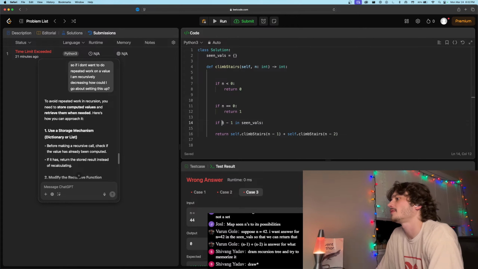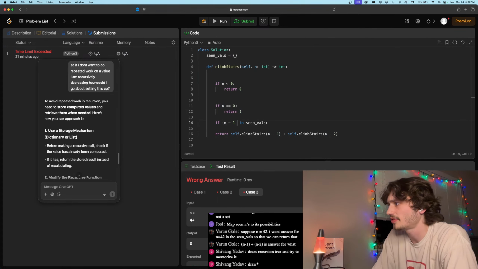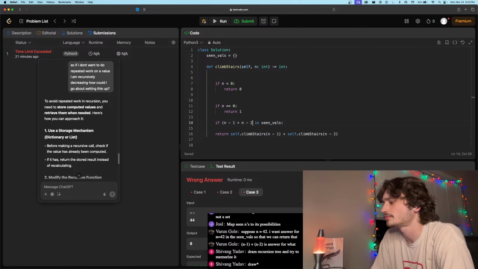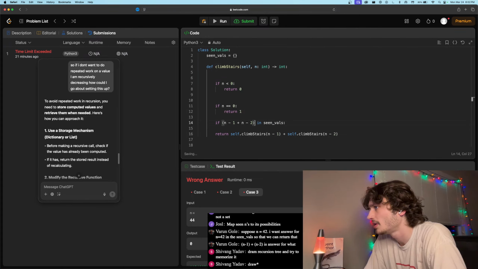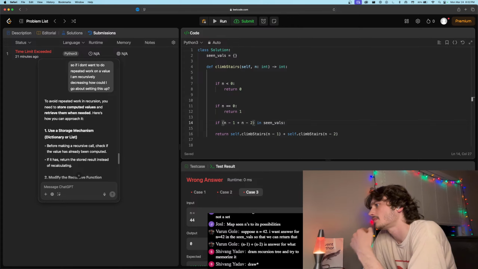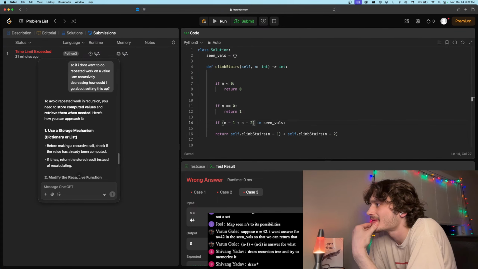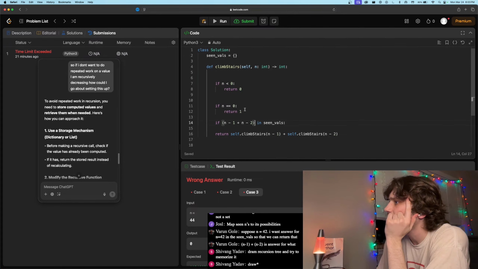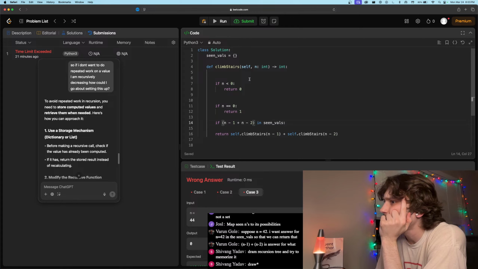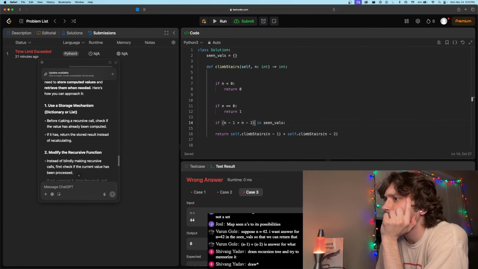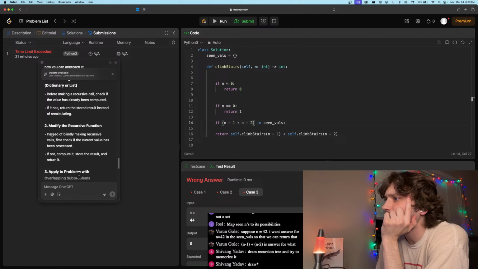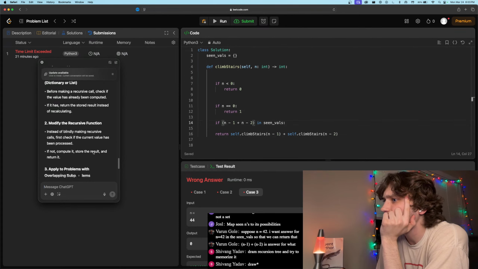So we would say, like, if this value is in scene values because this is going to return back a 1 or a 0. Instead of blindly making recursive calls, first check if the current value has been processed. If not, compute it, store the result, and return